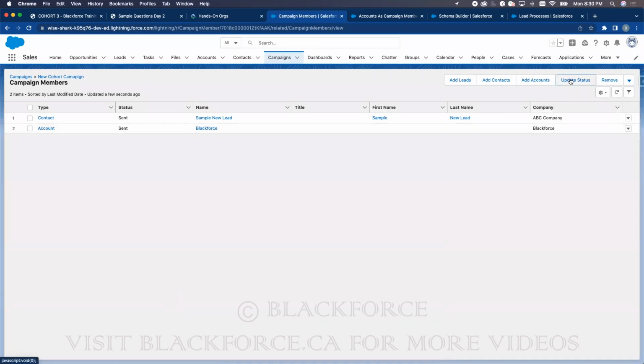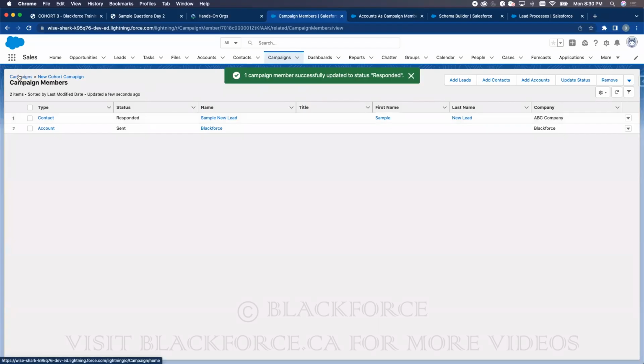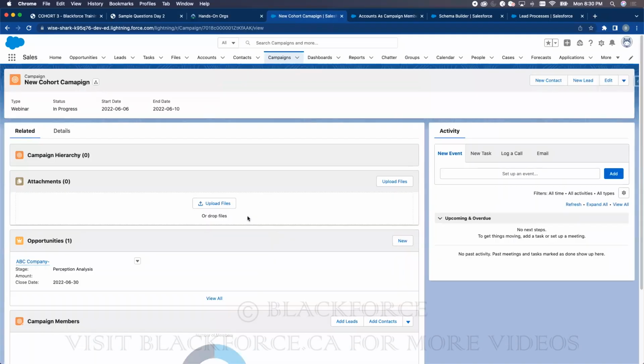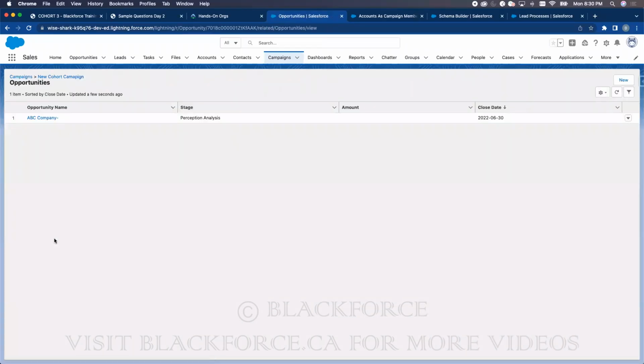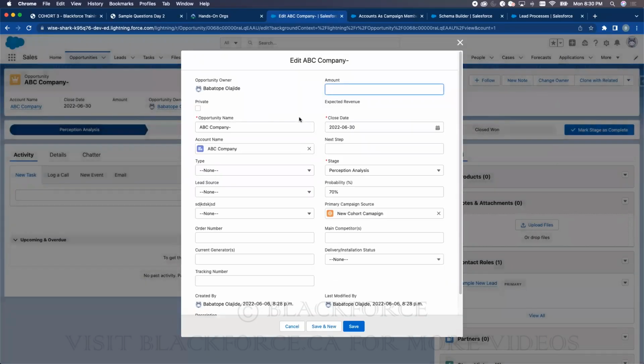And you can update the status of those members. You can update the status by saying, okay, they've responded. Once you update that status, it reflects on the campaign. That is from the campaign relationship and the leads. But there are also what they call opportunities when you convert a lead. When you convert a lead, you have an opportunity, and that opportunity is associated to a campaign. So if the opportunity has a value of, let's say, $1 million, and the opportunity becomes a closed won opportunity,